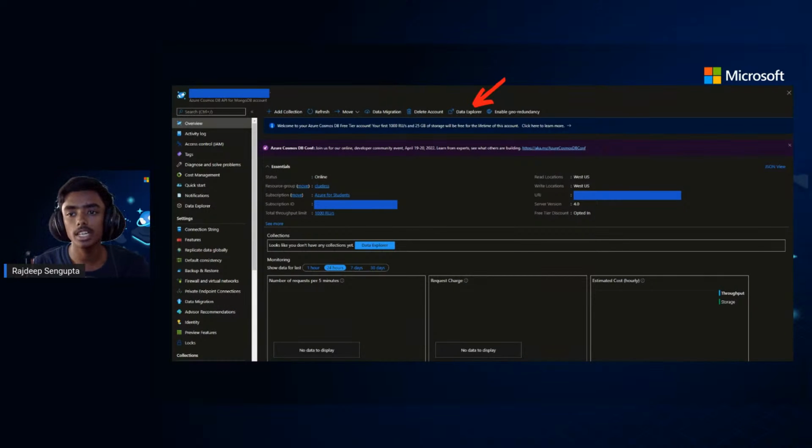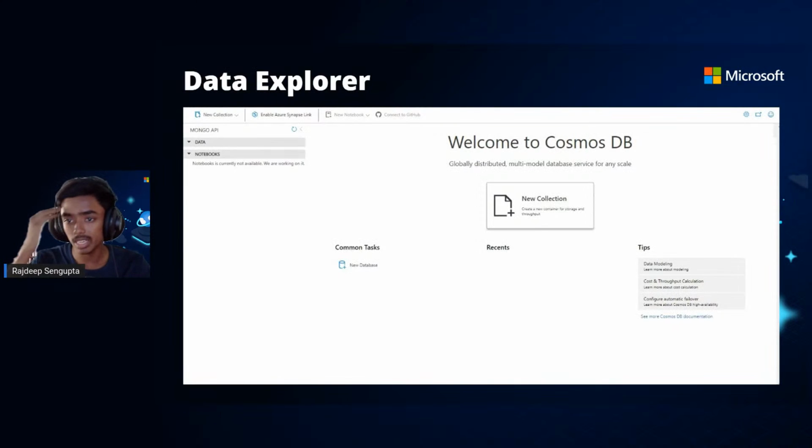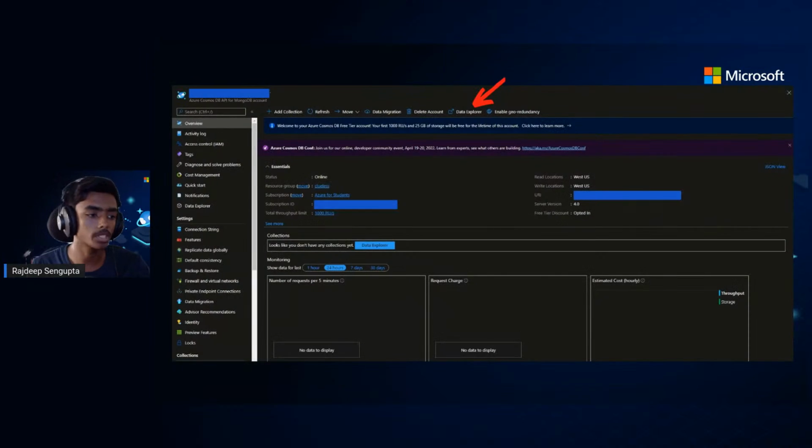Now you will find a dashboard like this, and you can get pretty overwhelmed seeing this many options. Just simply click on the data explorer and you will be redirected to a page like this. All the data you store can be browsed here. Here you can also create data manually. Now come back to the dashboard again. You will see there is an option